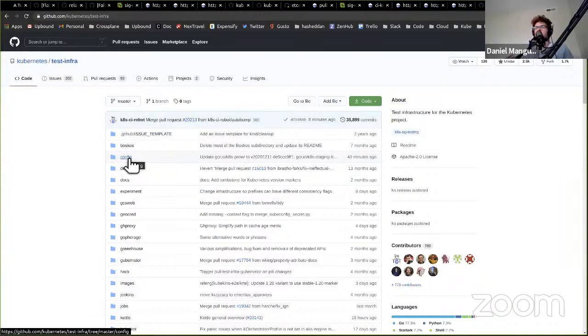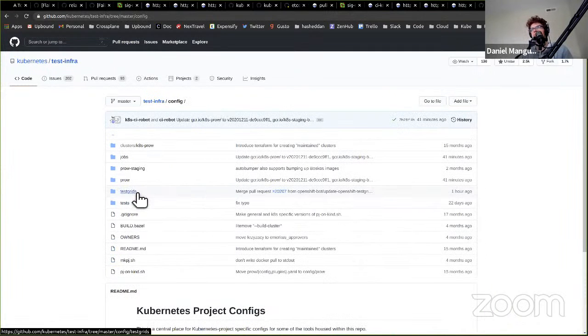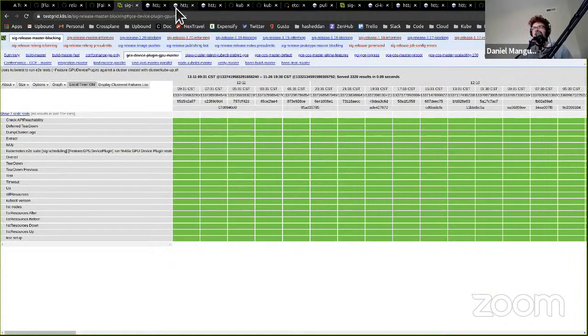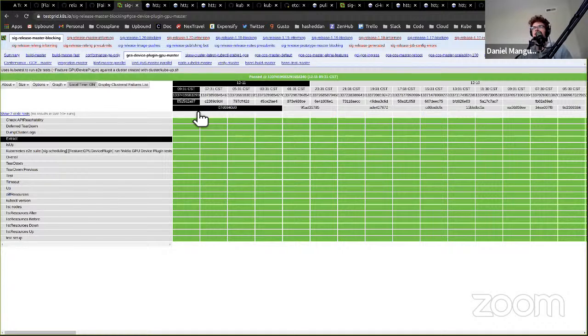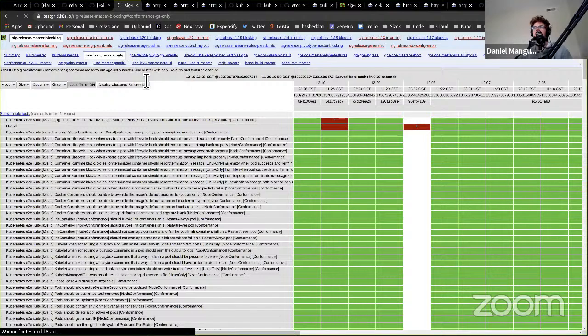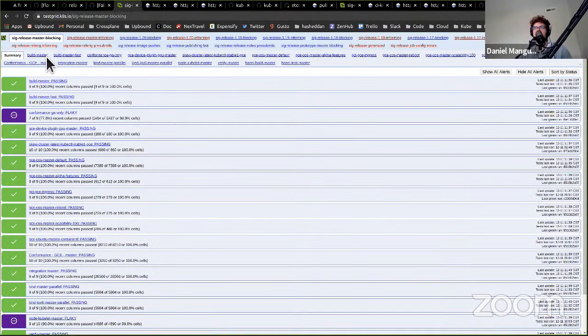But the main thing that you're probably going to be interacting with, at least when you first start out with test grid, or if you are just a SIG owner or something like that, is the config directory. And if we look at jobs, and Rob, you may have already said this, but I wanted to point out once again these different tabs here. Well, first of all, the tabs at the top are dashboards. They're test grid dashboards. Each of the tabs listed under a dashboard are jobs, and then each of the line